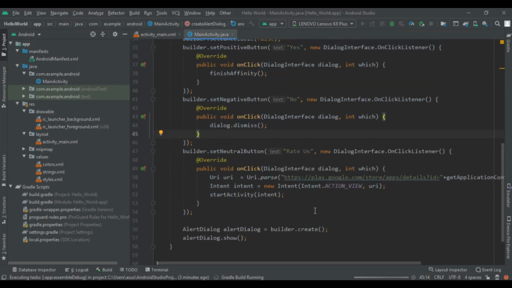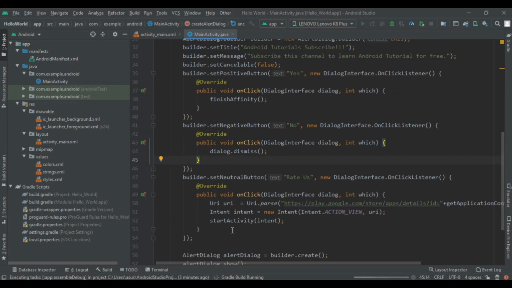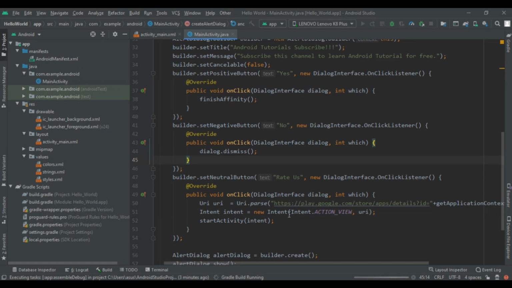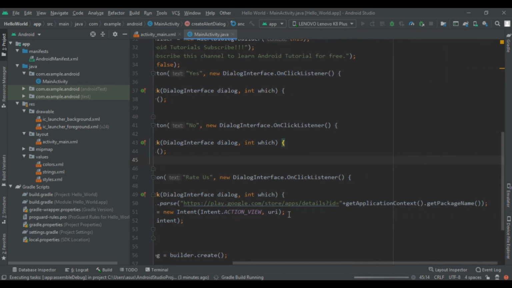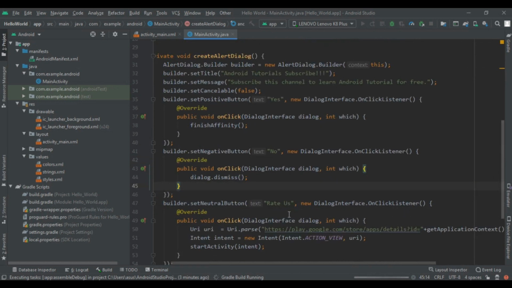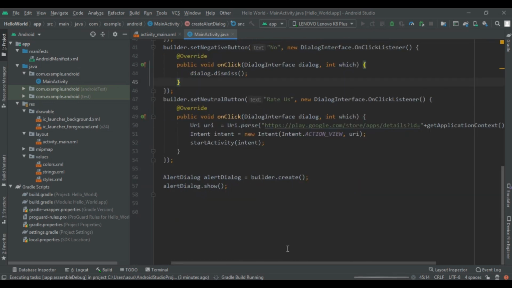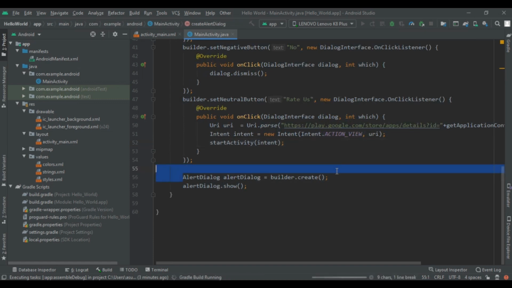And for the third part, we created a rate button, which is different from other YouTubers. So here we have created a URI and passed our application link, which will be in the Play Store. After creating that, we have created an intent of action view to the URI and started the activity of the intent, and created the alert dialog, and we got our alert dialog to show.